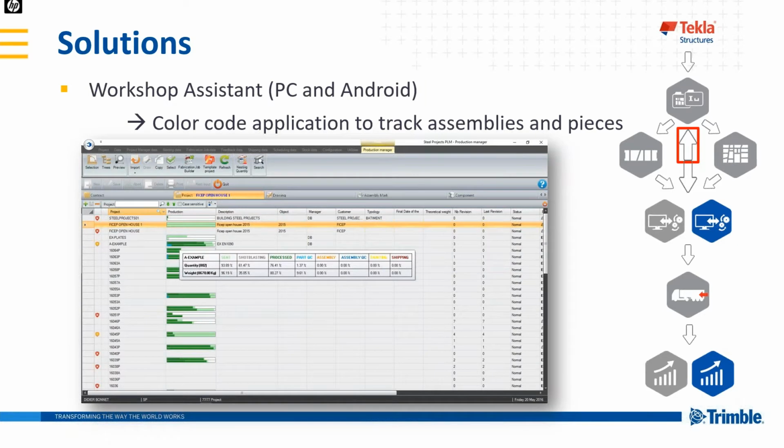And what does this do? Well, once all that, either automatically from the Ficep machine or manually from the web application, the mobile application, comes back in and feeds in a color coding of tracking of assemblies and pieces for the job, for the drawing or even component as well. So for this project here in this little screen, you can see